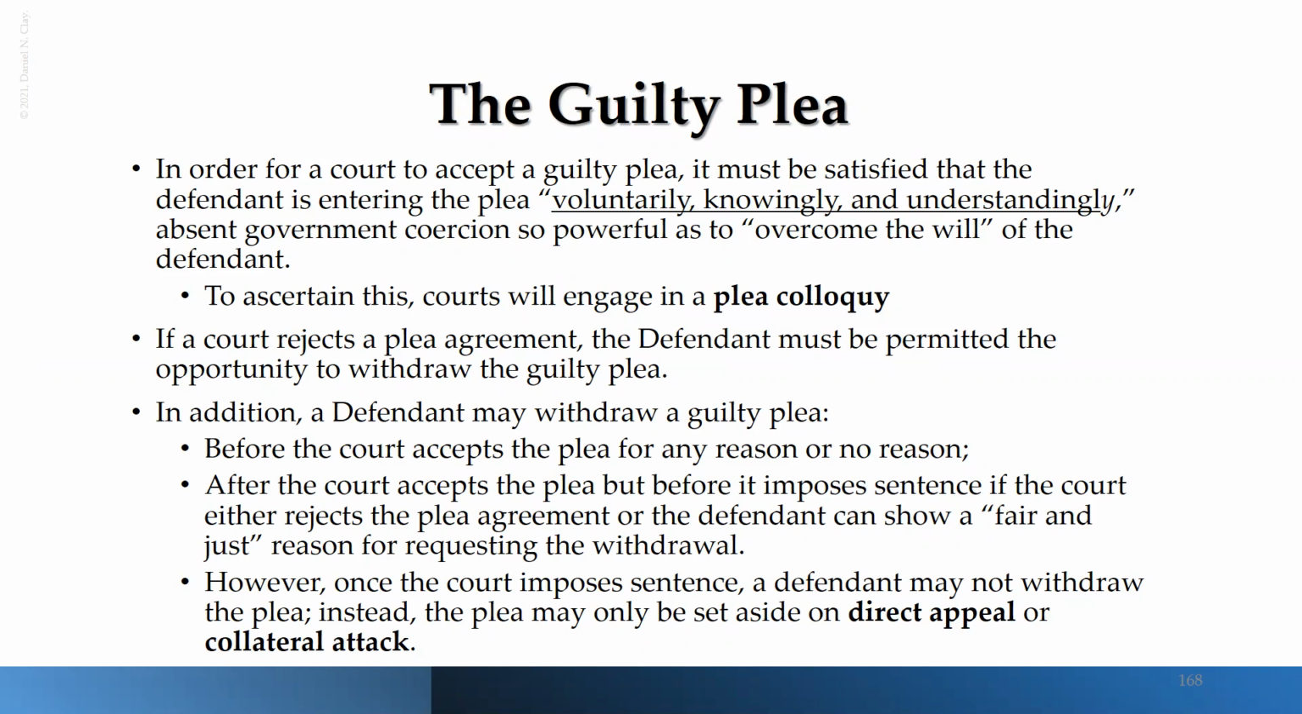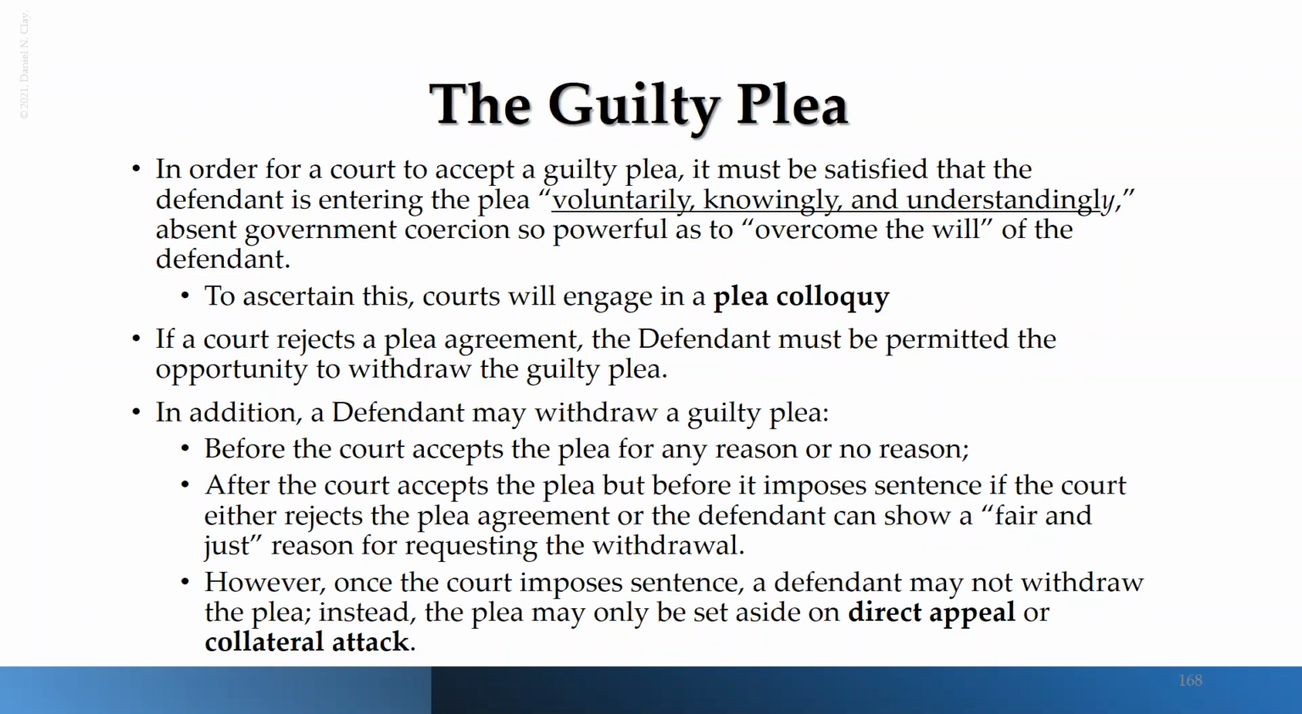So let's say that the court accepts your guilty plea. You've pled guilty, but you want to withdraw your guilty plea before the court imposes its sentence, right? Or if the court rejects the plea agreement, the defendant has to show that they do have a reason, right? So again, the court has accepted the guilty plea. They have not imposed the sentence. So there's a little break in between. You can withdraw your guilty plea if you can show, quote, a fair and just reason for requesting the withdrawal,